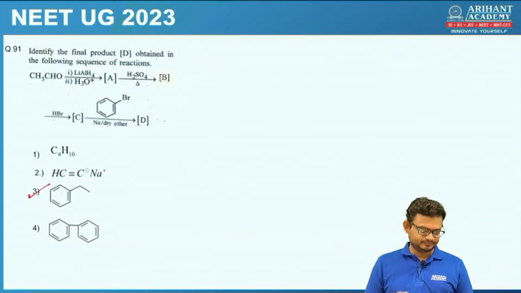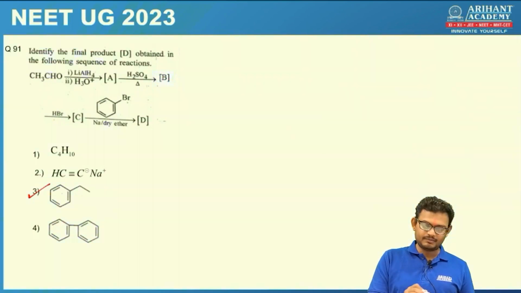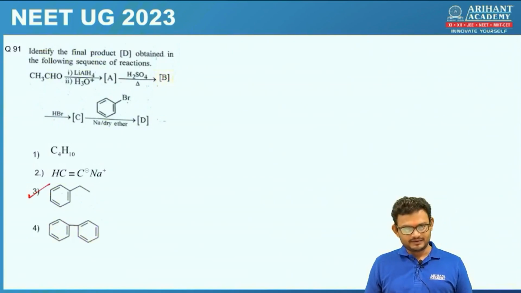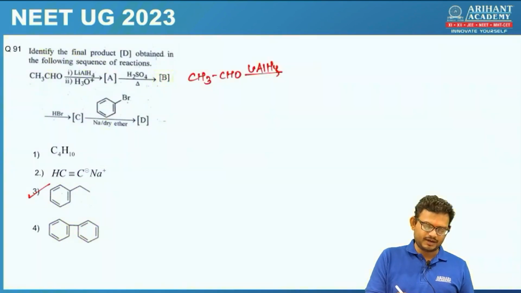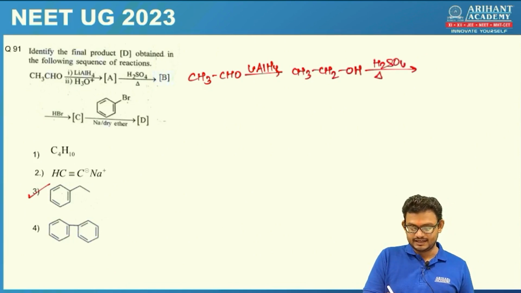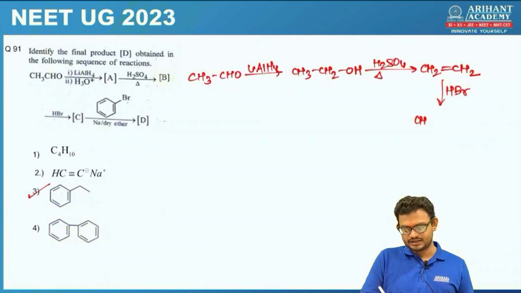Let's come to the next one. Identify the final product D in this sequence of reactions. So they have given us acetaldehyde reacting with lithium aluminum hydride. We know aldehydes on treatment with lithium aluminum hydride would give corresponding alcohol. So acetaldehyde with lithium aluminum hydride on reduction gives ethyl alcohol, which on reaction with sulfuric acid and heat, so it's a case of dehydration, giving you ethene. Further, what they say is it is made to react with HBr, so addition reaction occurs, giving you CH3CH2Br,